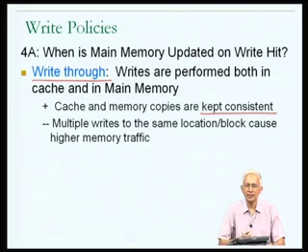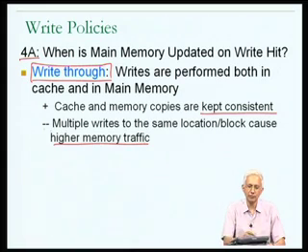So, if the hardware cache designer decides to implement his cache so that the answer to question 4a is write through, in other words, main memory is updated along with the cache in the event of a store hit, then there will be more memory traffic, because for every store instruction that is a hit, there will not only be an update in the cache, but there will also be a main memory access which could take 100 nanoseconds or more. And this is a negative, which is why I show it with negatives in front of it here, because it will end up increasing the use of memory, which may potentially slow down the program a